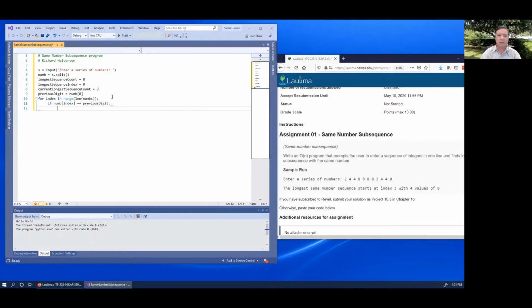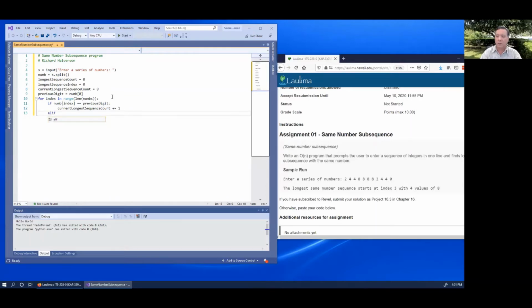We are in a sequence, and so we have come across another digit or number in that sequence. And so let's increment the current longest sequence count. Current longest sequence count plus equals 1. Okay. Otherwise,